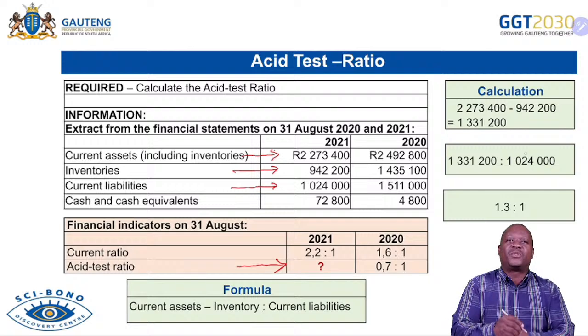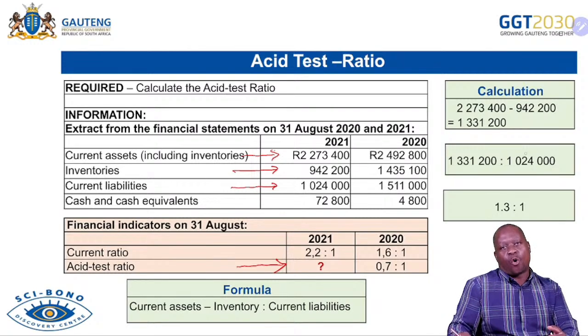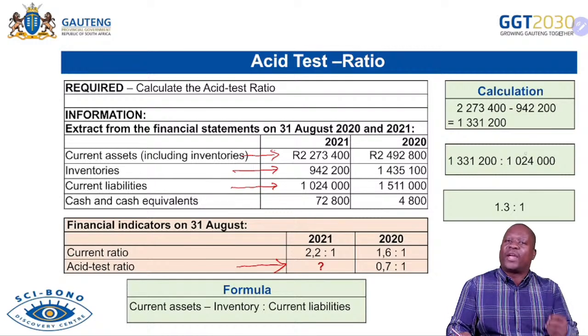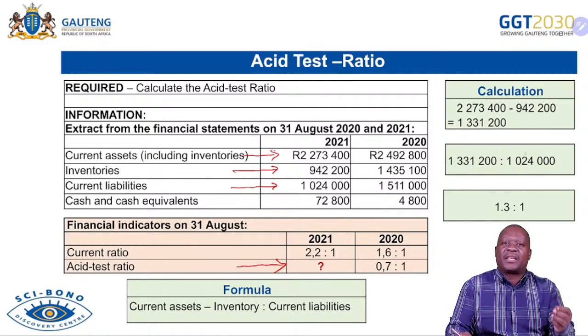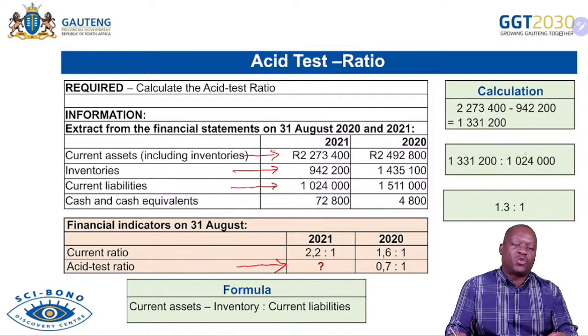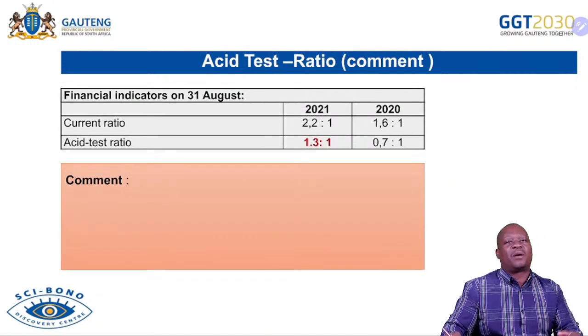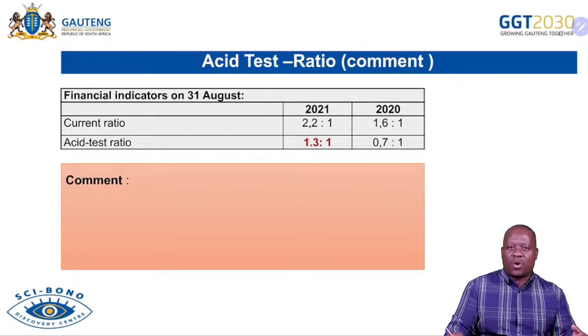Now, let's flip to 2021. It means now we are having 1 rand 30 for every 1 rand that we are owing. We can have 1 rand 30 for every 1 rand that we are owing of our current assets without even getting to our stock. Now this, I think, is a good position for the business. Without selling our stock, we can still pay off all our current